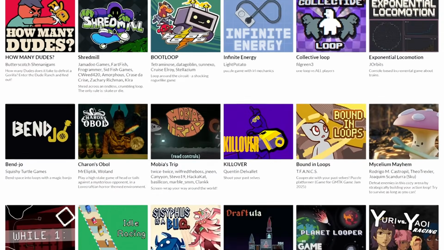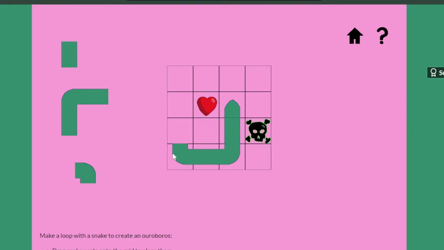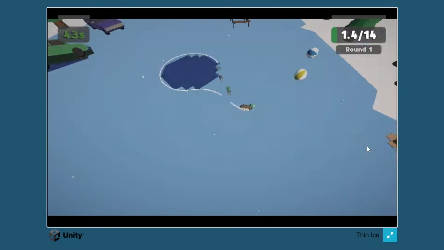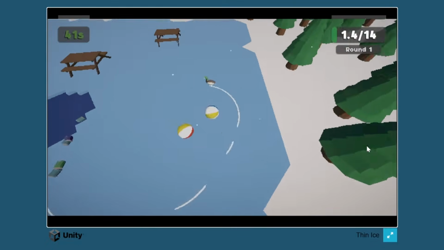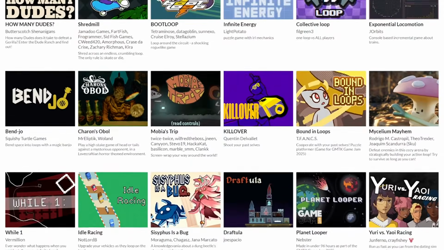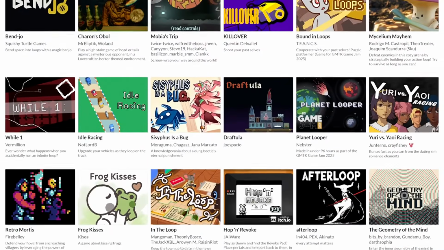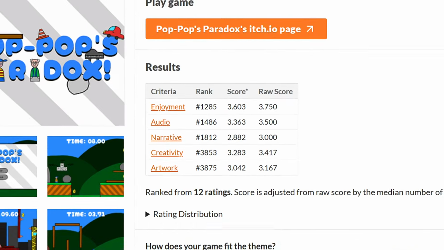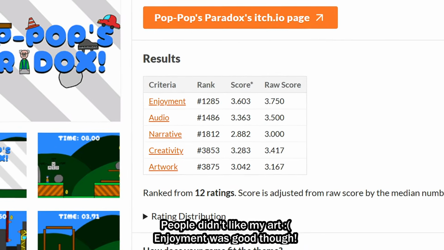There were some pretty neat games here, like this one, where you're grabbing pieces of a snake and you have to loop around each puzzle until you hit your own tail. Or this one with a cute duck, where you need to make loops in the ice to create holes for some objects to fall into. Ultimately, I knew this was a strong competition, but I still wanted to finish with a good score. I'll show it right now on screen cause I still don't know it yet.